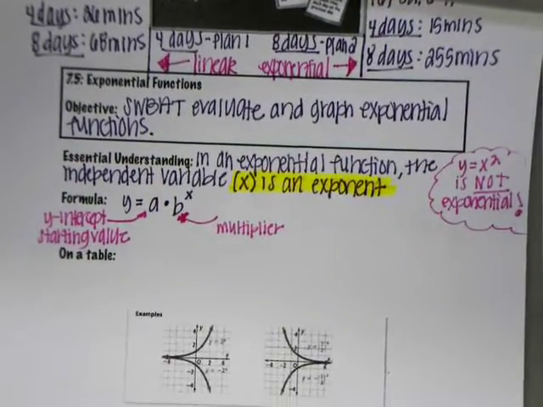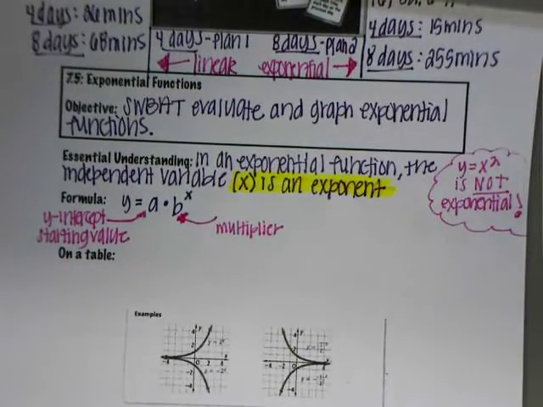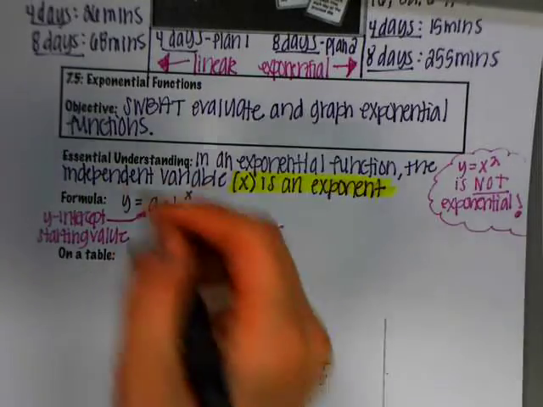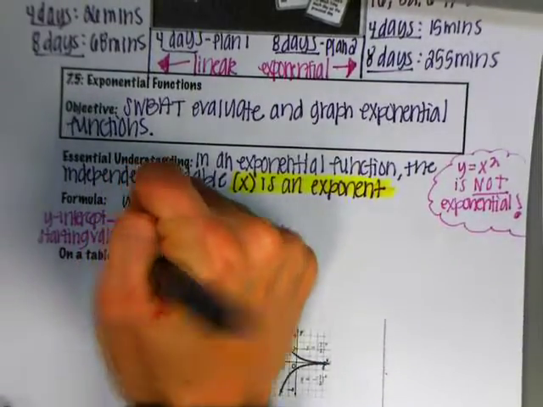All right, and then what to look for on a table to tell whether or not it's exponential. This is assuming that the x's have a constant pattern, like they're going up by 1. I'm not going to give you any tables where that's not the case, but just so you guys are aware, if the x's are all random, then you're not going to be able to see the pattern the way you're supposed to in the y's either, okay? But the pattern is in the y's, so the y values,